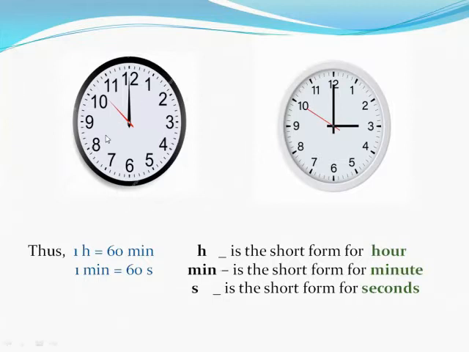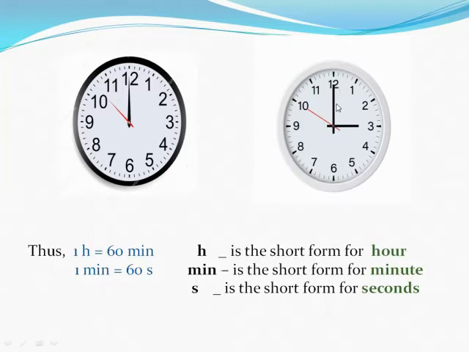The dial of the clock is first divided into twelve big divisions. Each division is denoted by a thick mark. The short, thick hand is called the hour hand. On these hour marks, 1 to 12 are written in ascending order, like 1, 2, 3, 4, 5. The numbers are written in ascending order from 1 to 12.